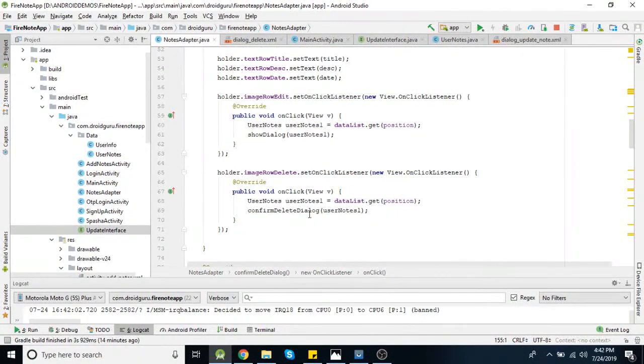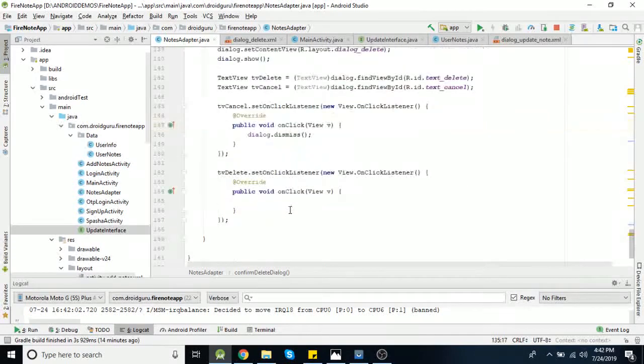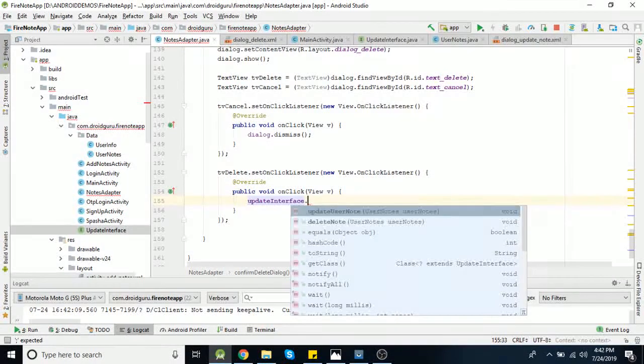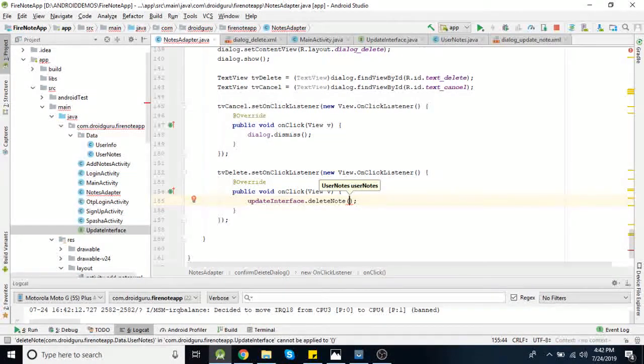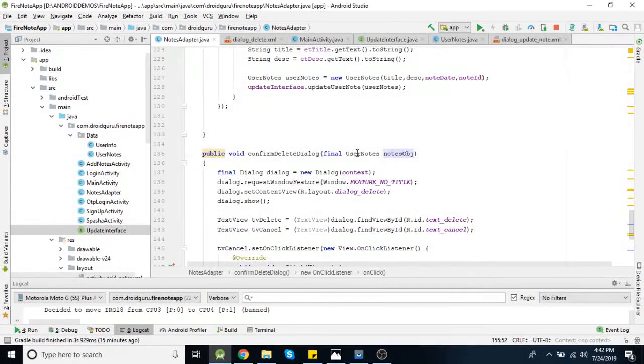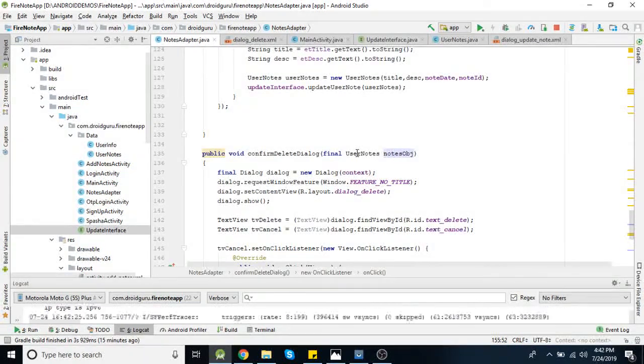Update interface dot delete node, and you just need to pass the same object here, nodes object. So let's check it.